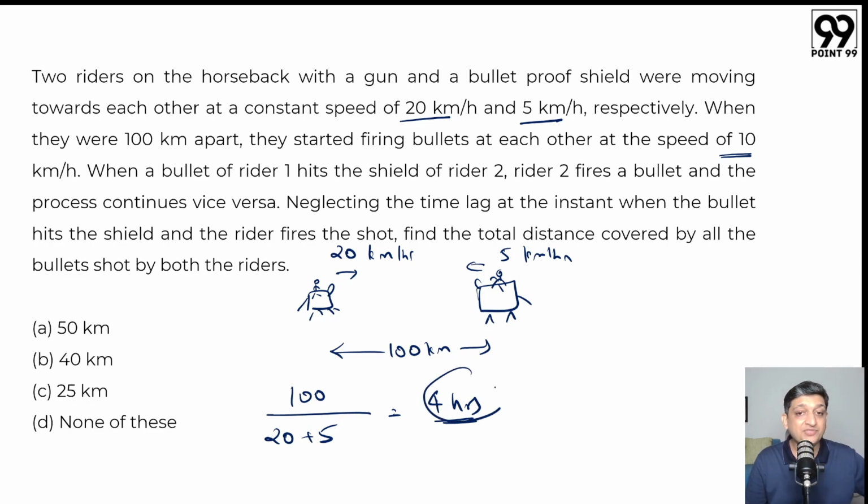So in this particular case, for 4 hours, one bullet is in motion. That is what we can say. And we know that the speed of a bullet is 10 kilometers per hour. So in 4 hours, the bullet would have, or all the bullets cumulatively would have covered 40 kilometers worth of